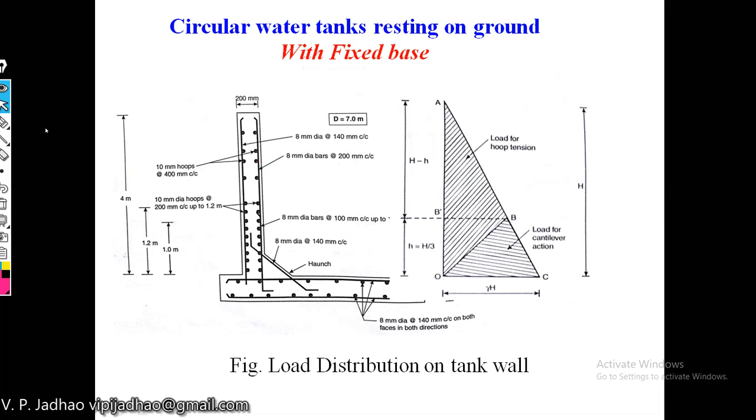Now, how the distribution of these two, that is hoop tension and cantilever behavior, is separated. If you can see here, a water tank wall is shown, and this type of water pressure is acting on this particular wall. The maximum intensity of water pressure will be gamma into h at the base. Now up to a height of h by 3, as we have discussed earlier, or 1 meter, whichever is more,